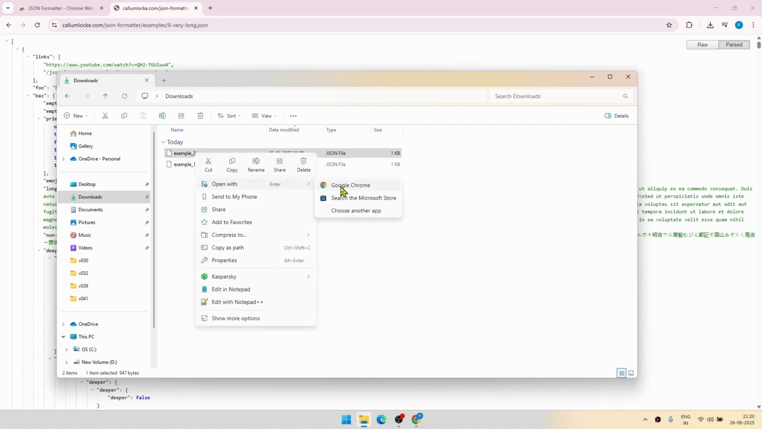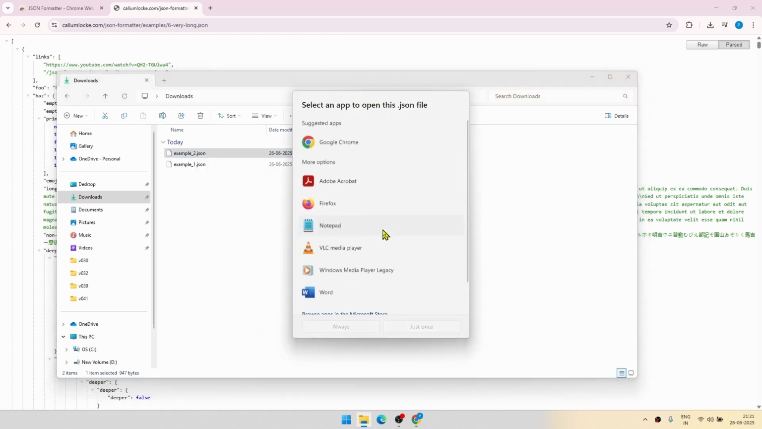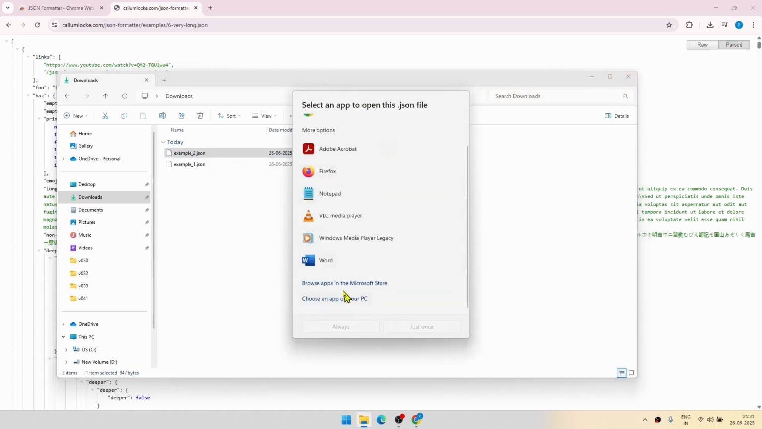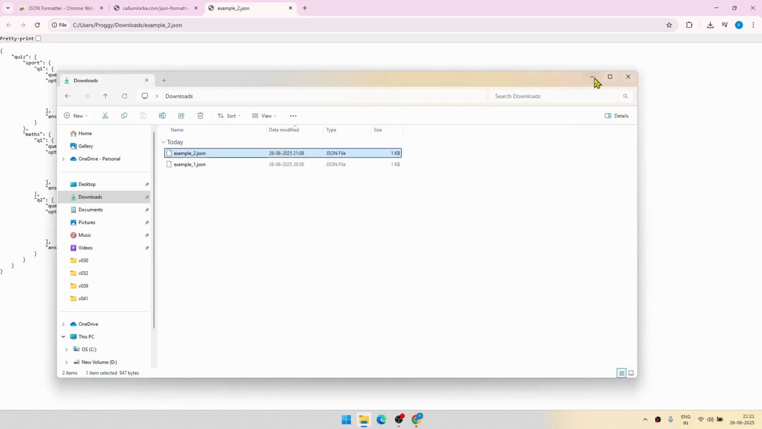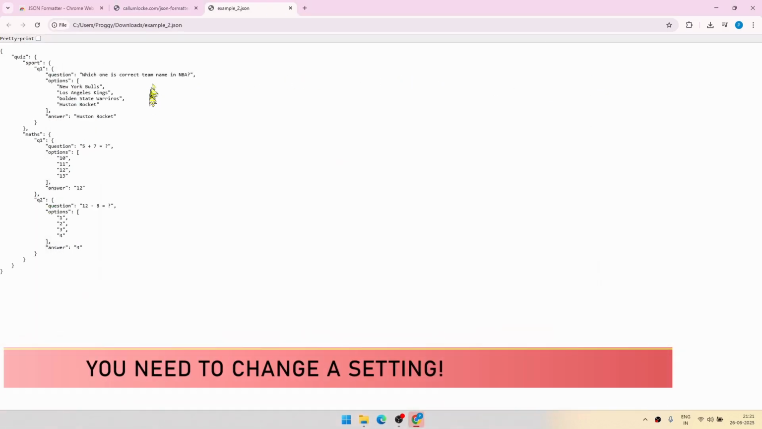Now Google Chrome might not come by default. If it does not come, click on choose another app, and even if that does not come, then you have to go from browse apps, choose an app on your PC and go to the path wherever Chrome is and then select it. But here I have done that, so that's why Chrome is coming. So click on that and just click, either you can click just once or always. So I am just clicking just once to show you, and now you can see it has opened the particular JSON,